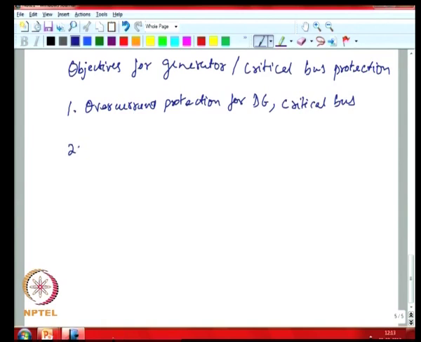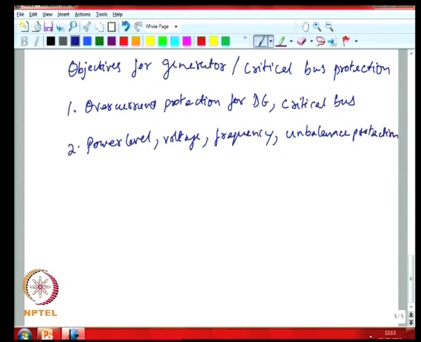You may want to ensure power level and balance protection when those corresponding parameters are out of range. Then you might also have, say,